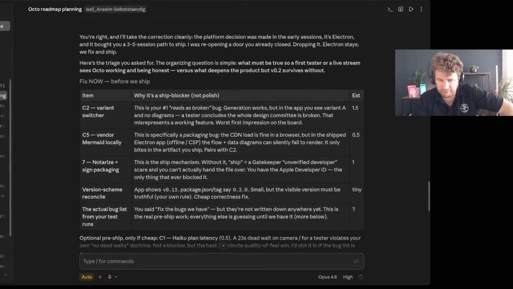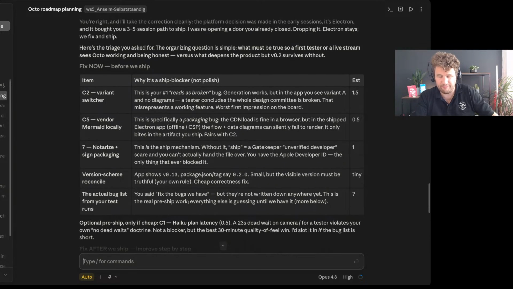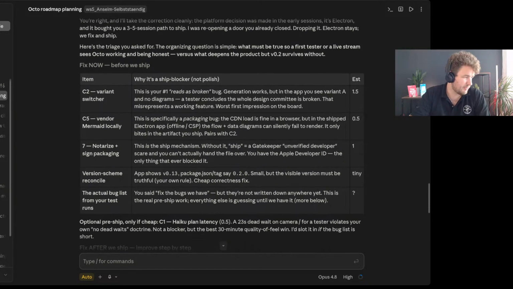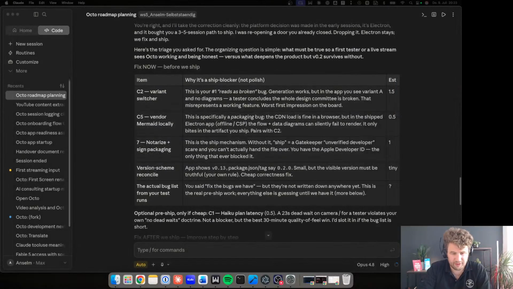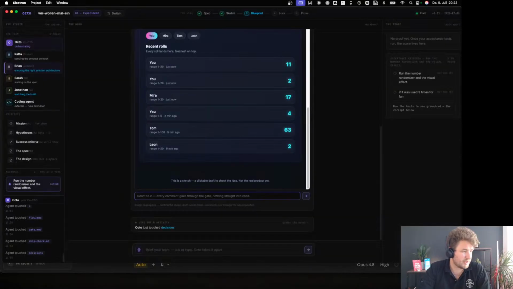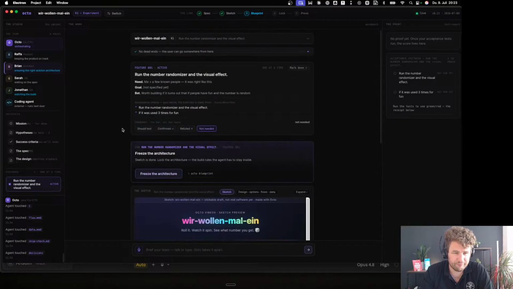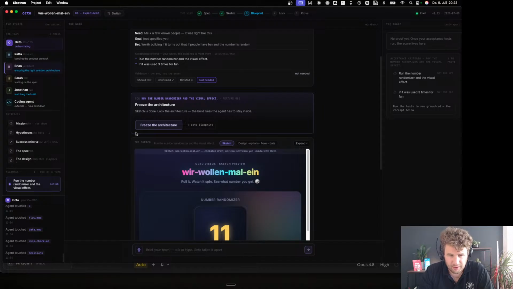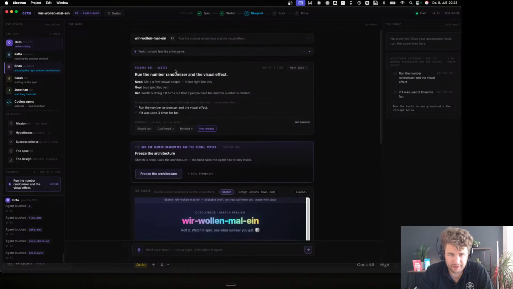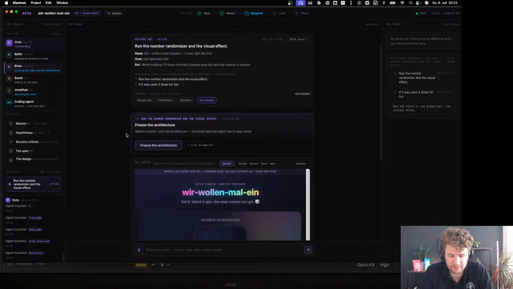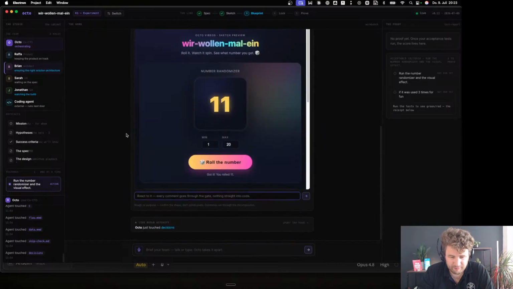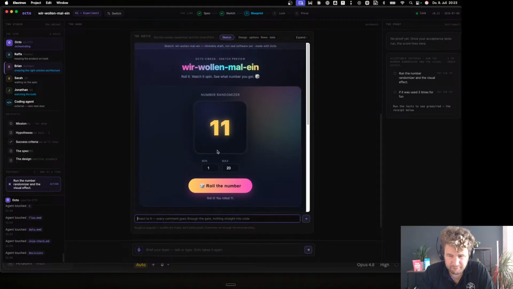Okay, so we have a few things here. I think the roadmap from the app was not great at the moment, so let's go back to the software. I just show it here. So this was a randomizer app, and so first we want to focus on the product. We have here a design proposition by the software,